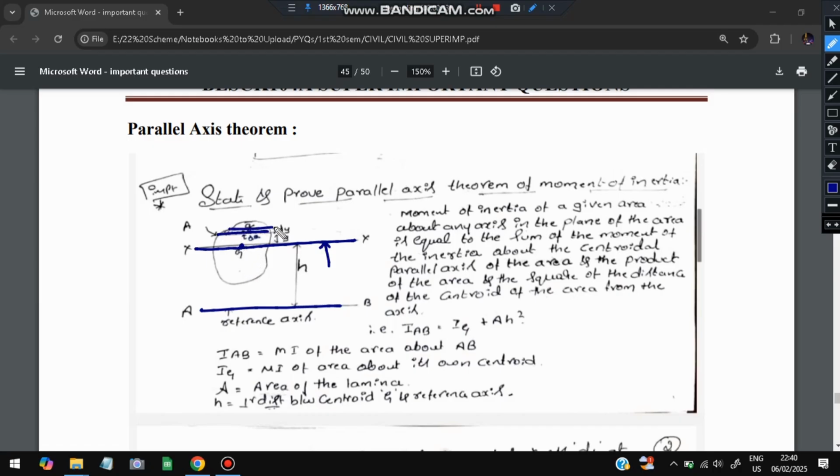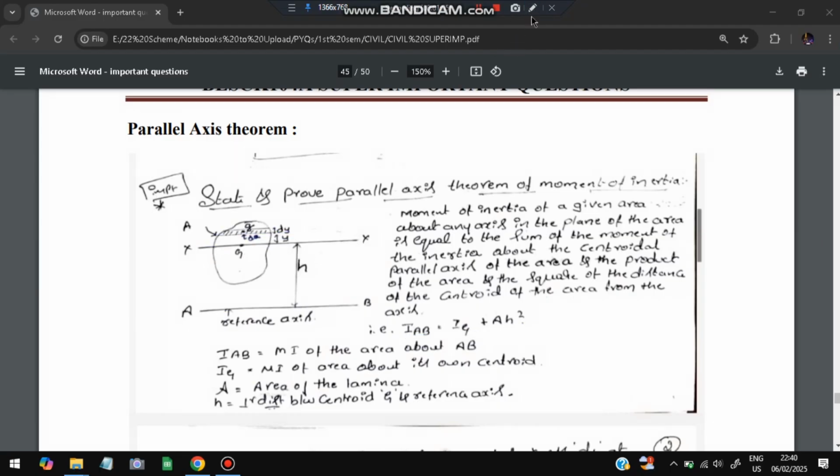Another strip will be considered here, and the distance to the strip is y, and the width of the strip is dy. After making this, what you have to write is IAB is equal to IG plus AH square. H is the distance between the reference axis and the main axis, and A is the area of the whole figure, and Ig is nothing but the moment of inertia about the axis which is passing through the center of gravity